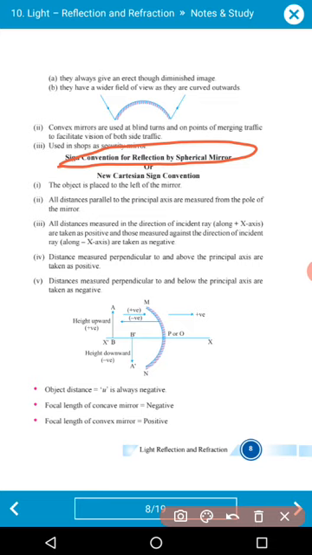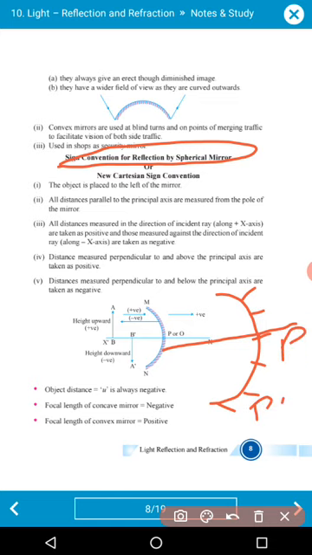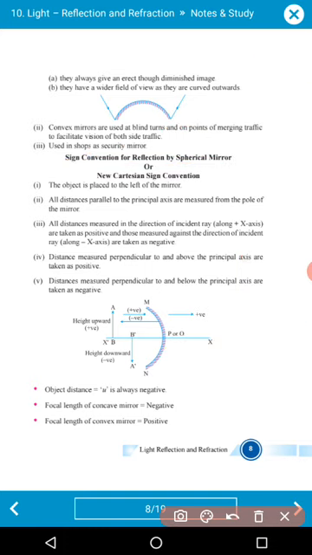First of all, let me introduce the spherical mirror again. For example, this is one kind of spherical mirror. I already told you the midpoint of that mirror, through which the principal axis passes, is called the pole. In case of a mirror, you have to measure all the distances with reference to the pole. Suppose this is the pole point, so you have to measure all the distances from here, in this direction or that. Understood?